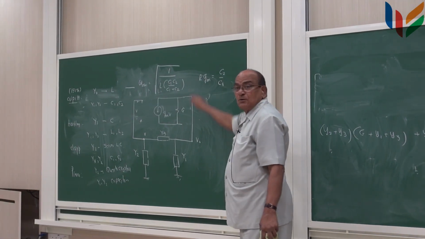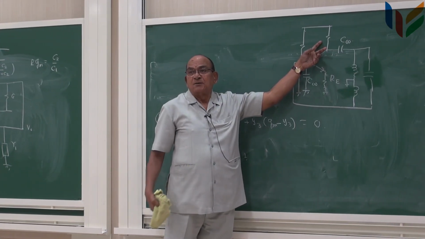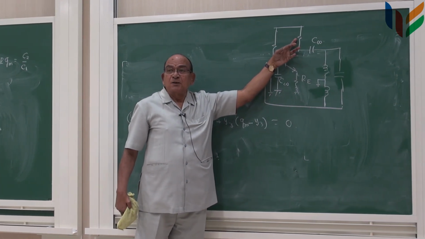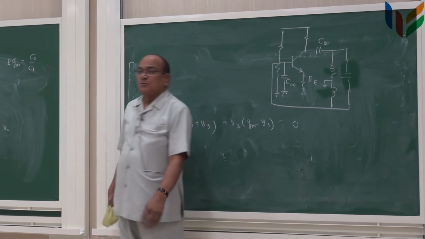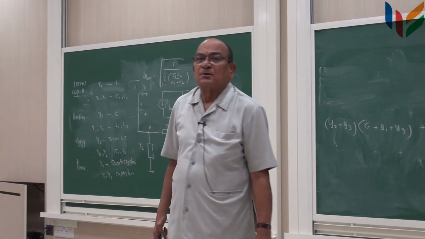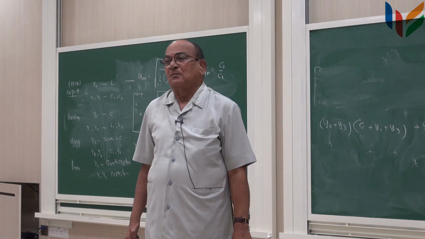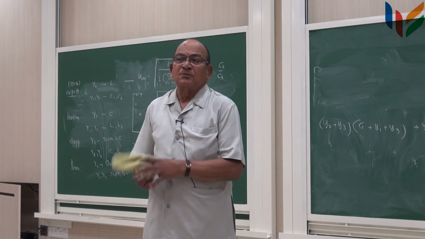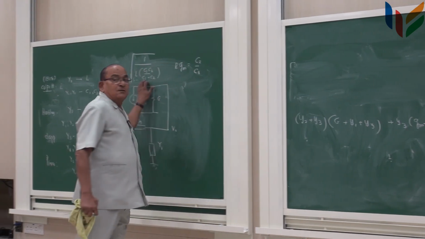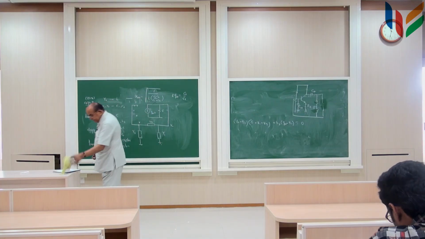And what is this R equal to? It is nothing but this resistance here in the equivalent circuit. So, it should satisfy this resistance that you are using here, and the Gm of this, which is equal to 1 by re plus RE, that product should be equal to the ratio of C1 and C2. If C1 and C2 are the same, then this value must be equal to 1. So, that is the condition for oscillation, and this is the answer for the frequency you will get from this Colpitts. Similarly, you have an equation for the Hartley.